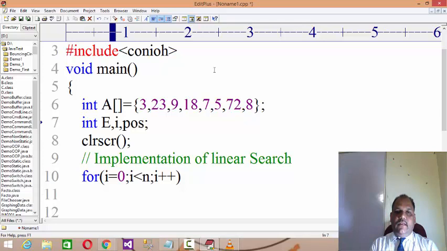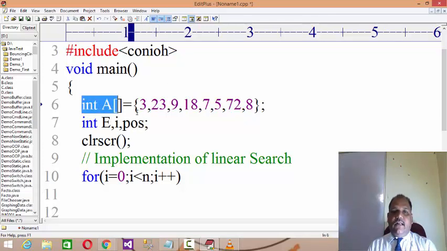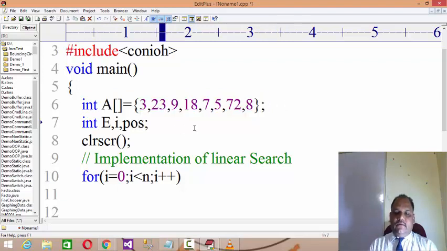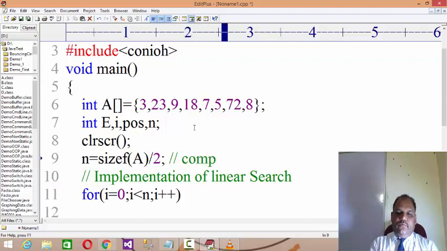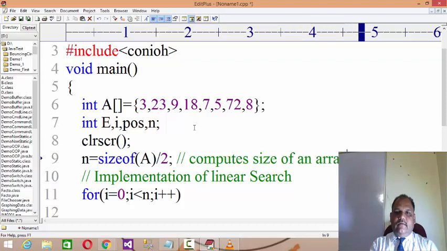But initially you have to find out n, because here we have an array of undefined subscript. So you have to find the value of n first. How do you find the value of n? n equals to sizeof(e) divided by sizeof of an element, which computes the size of the array.